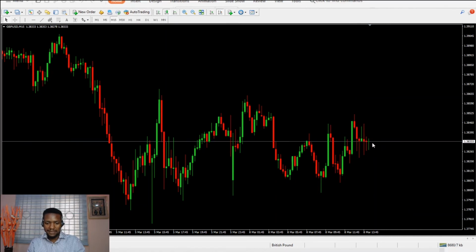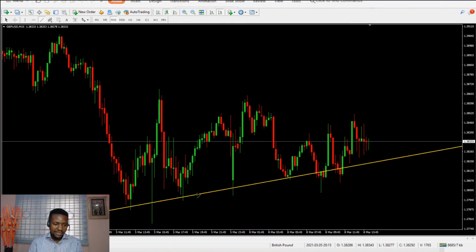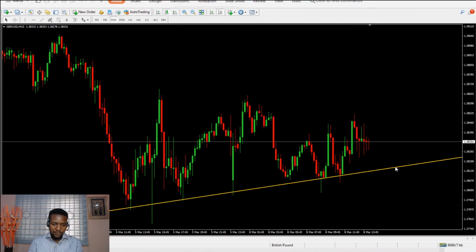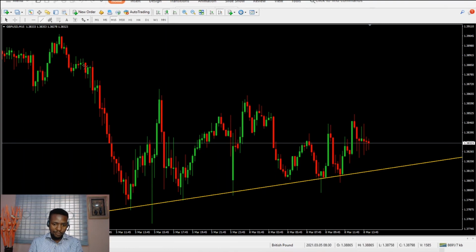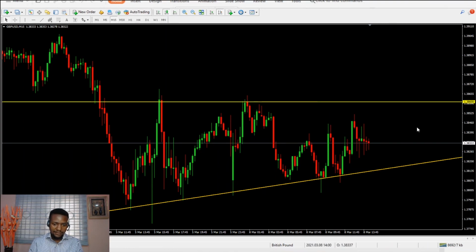The market is here now, this white line, and we feel if it gets to this trend line, it will not be able to break it and it's going to go up. So we expect it to come somewhere up here. We expect it to come up here. Once it reaches here and it fails to break through the trend line, then it's coming up here. So since we're expecting it up here,